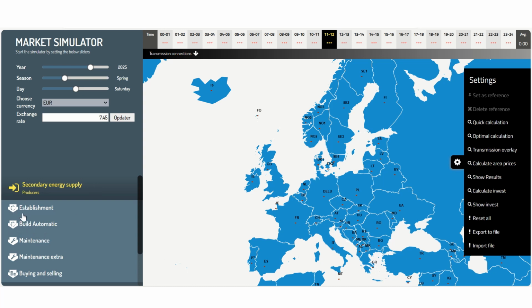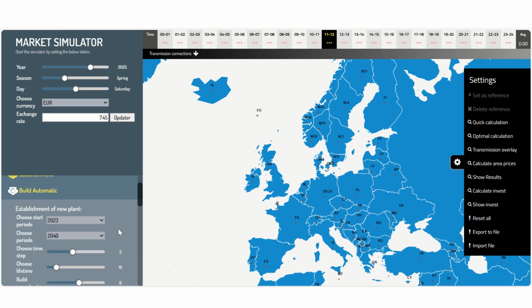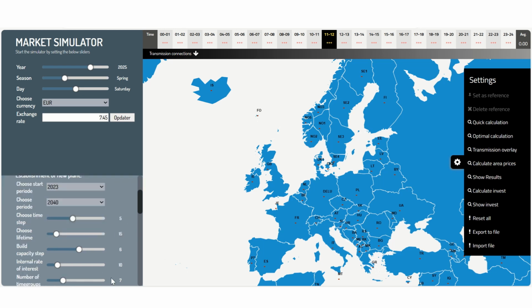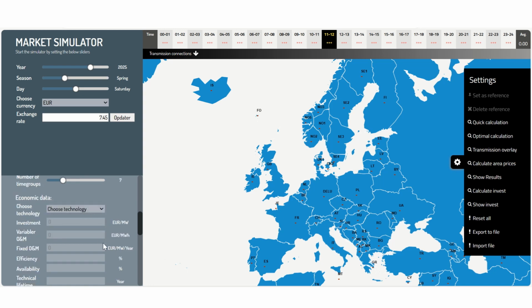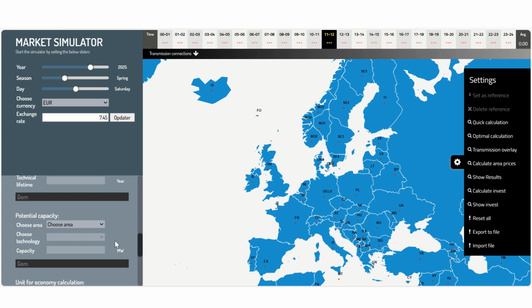And this is done here in the build automatically part, where the user can set the time period, some variables that are used in order to do the calculation, and change the investment data for each of the technologies that can be invested in, and the capacity of the different